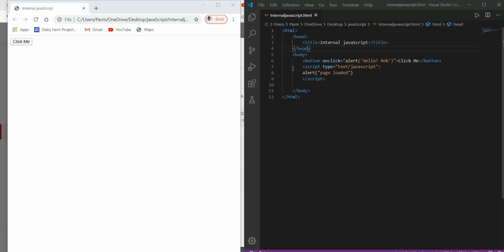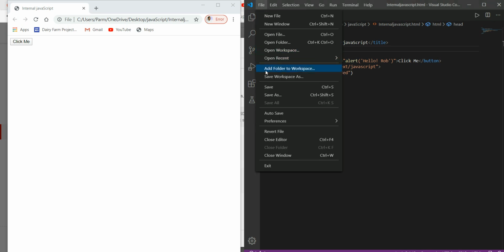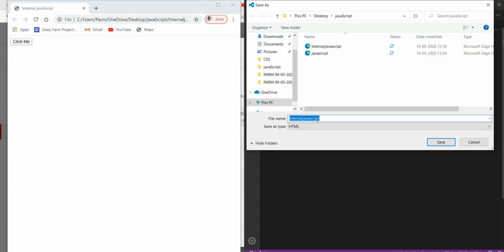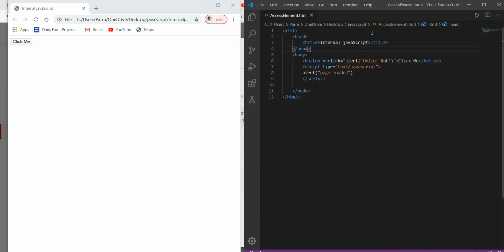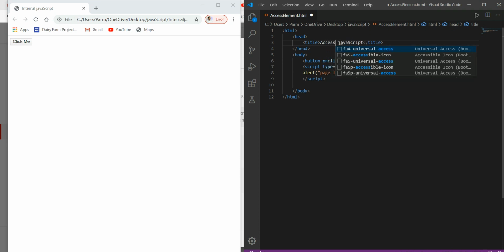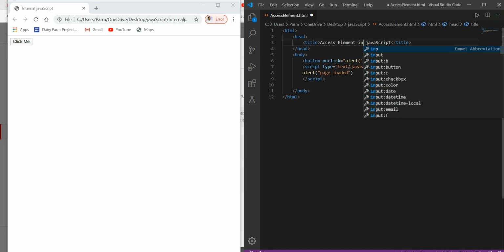So in this case we will save this file with a new name, access element, and here we change the header to access element in JavaScript.